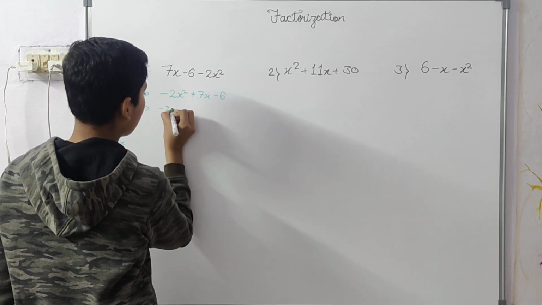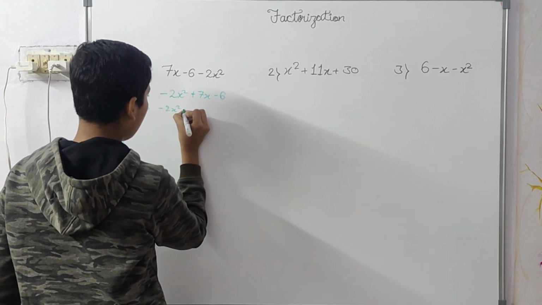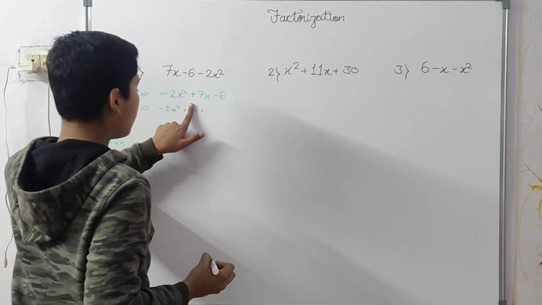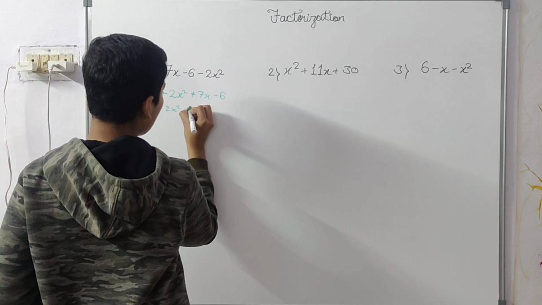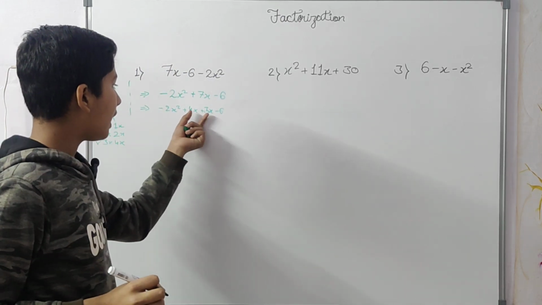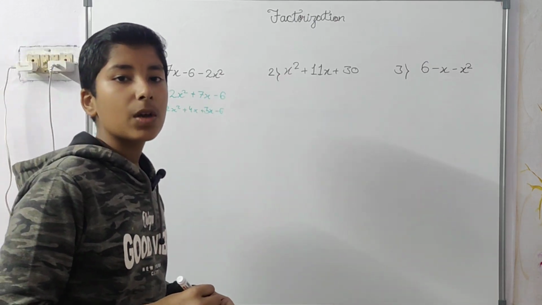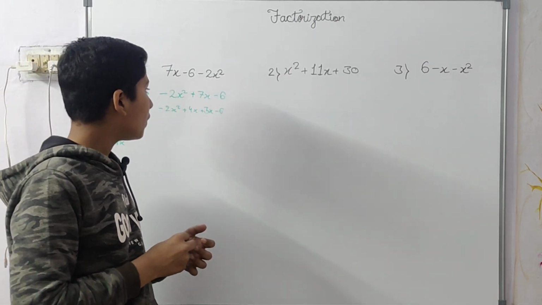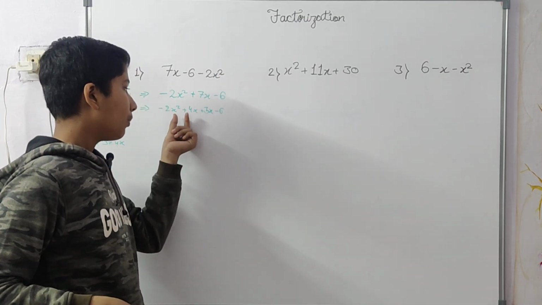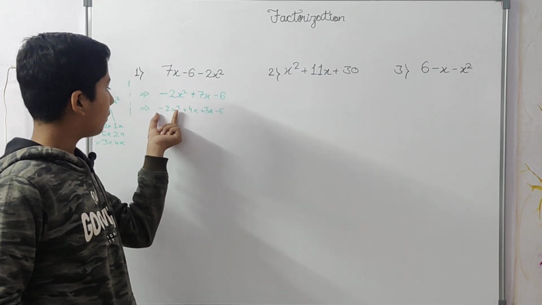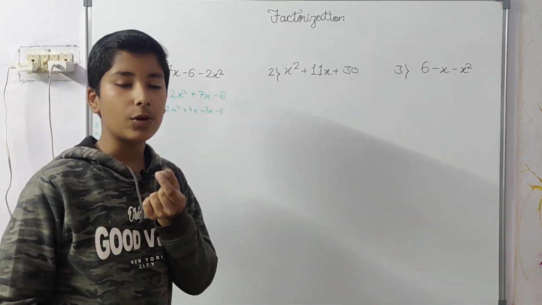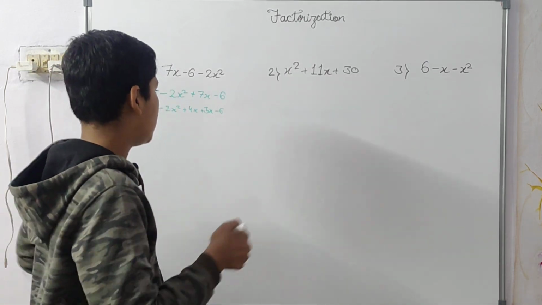So minus 2x square plus 3x plus 4x. Instead of this, you can do 4x over here and 3x over here, minus 6. Why have I interchanged them? Because the answer will be the same if you add both of them, but you can change the arrangement, because 3 was not coming in the table of 2 and 4, and 6 was not coming in the table of 4, so they must be divisible with each other.